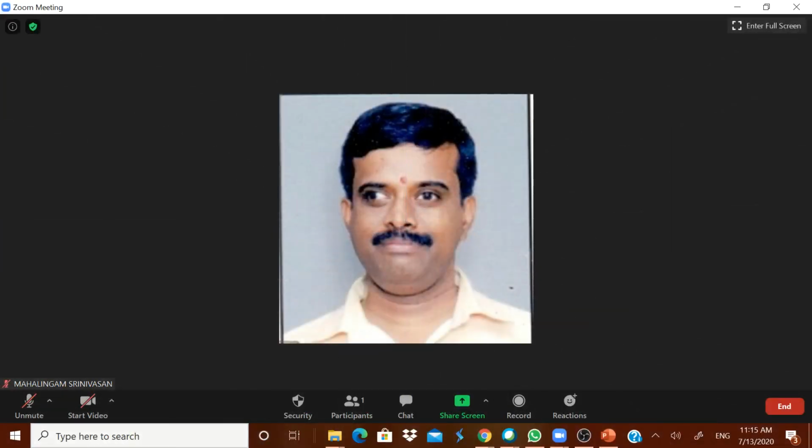Let me start with the Zoom meeting. The record symbol is at the bottom. Whenever you open the meeting page, the record option is at the bottom. The recording facility depends on the plan you have selected. The timings and the size to which you can record depend on the plan you have selected. Here I am showing you the free version of Zoom meeting.